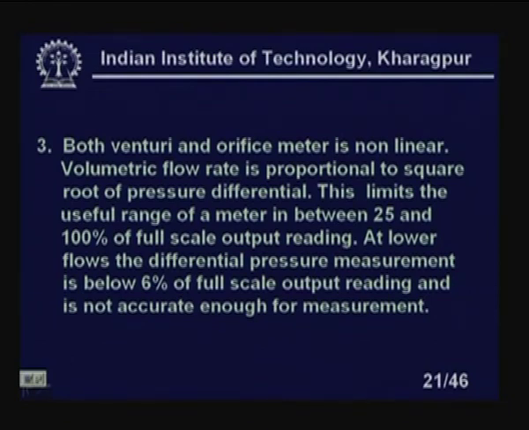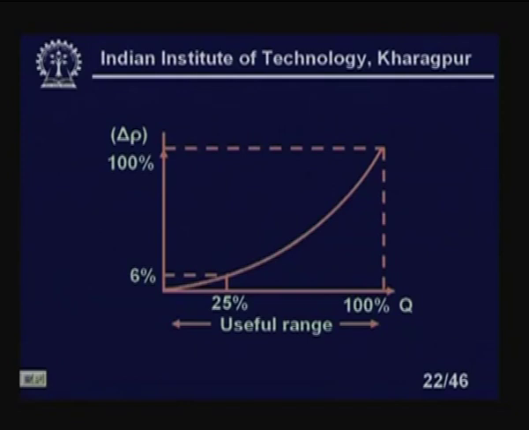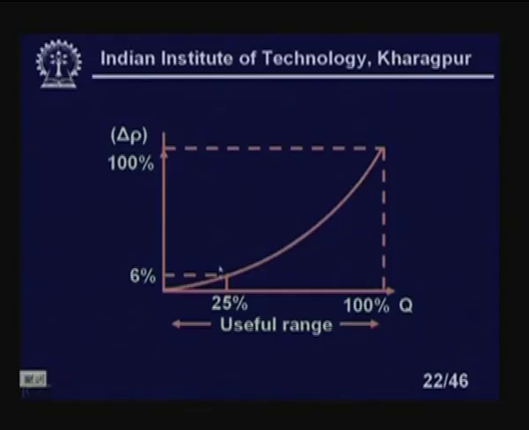Now, you see there, the useful range here is a nonlinear curve, because the flow velocity, or the volumetric flow rate, is proportional to the square root of the differential pressure. So, obviously, it is nonlinear. You can see here that if the flow velocity is less than 25% of the full scale output rating, that is, below 25% of the full scale output reading,